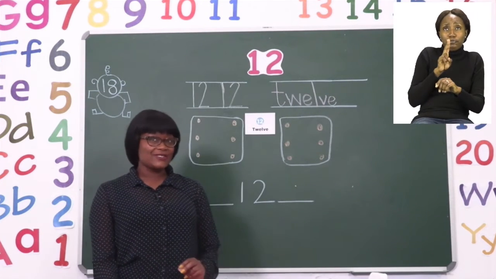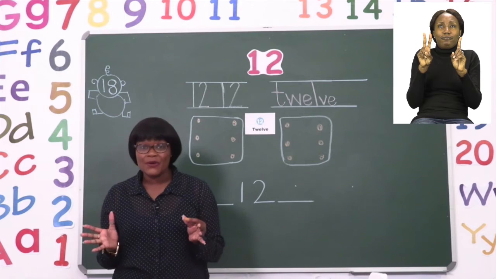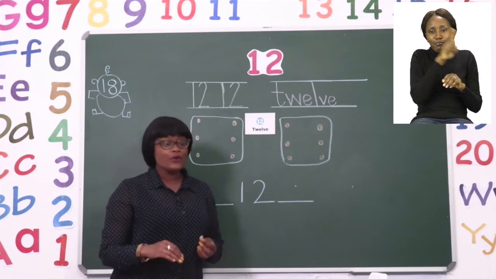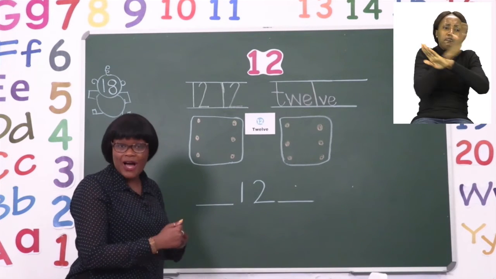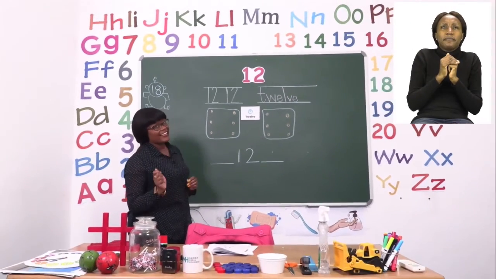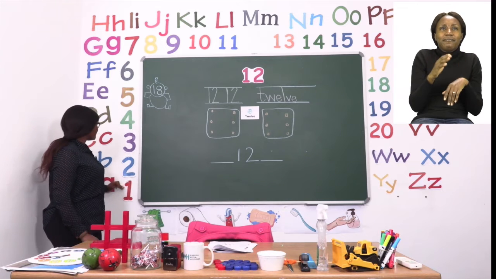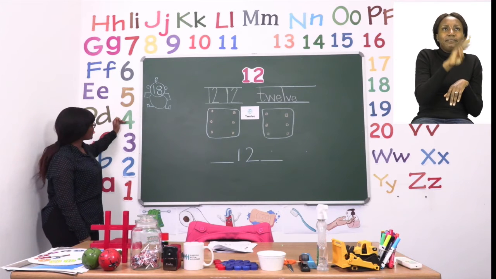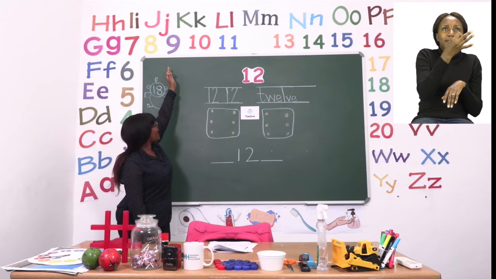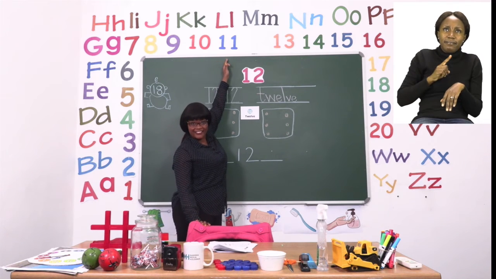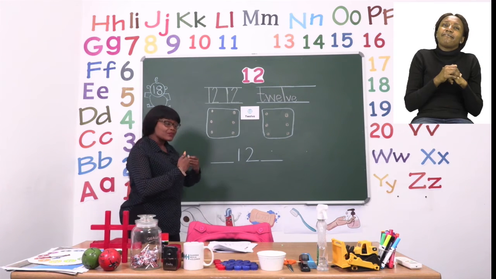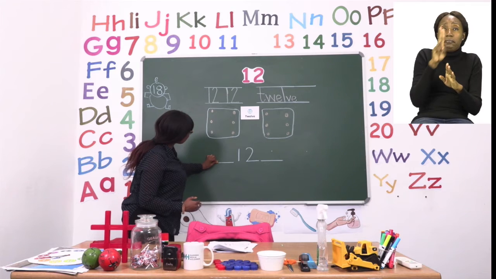So let's try and do that together. We're going to count from 0 all the way to our number 12 to see which one is before. Remember, before means in front of our number. If you are the number, we're asking about the number in front. So let us count. 1, 2, 3, 4, 5, 6, 7, 8, 9, 10, 11, 12. So that makes our number before 12, 11.